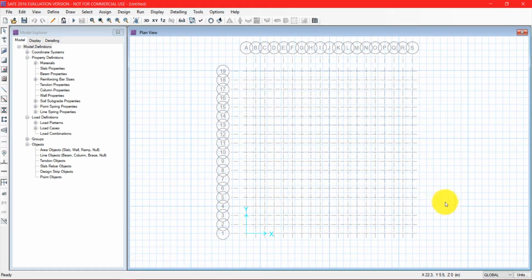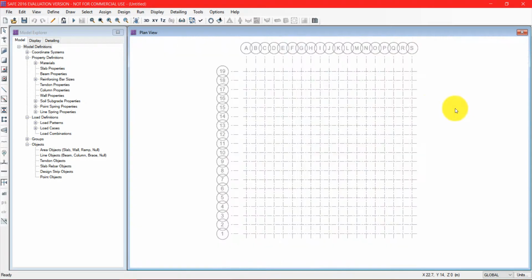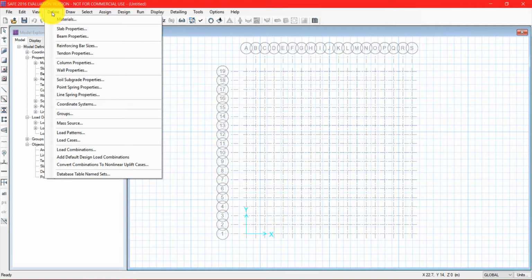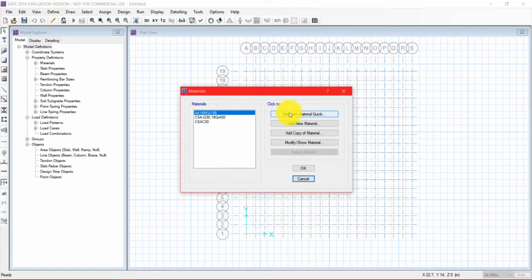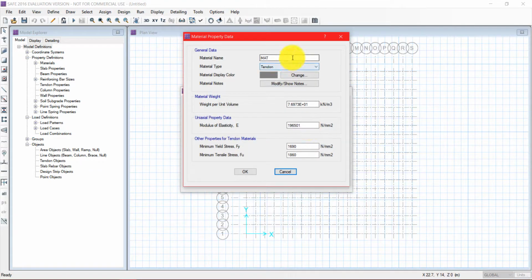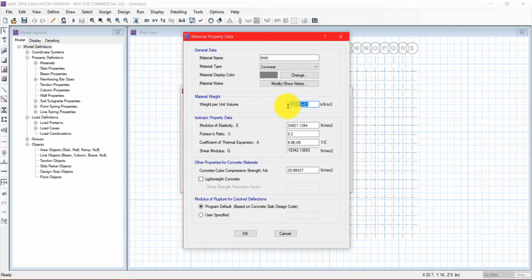Now the grid is defined, and now we'll be defining the materials used for the footing. We'll go to add new material, and in new material we'll define M40 grade concrete. The values for M40 grade concrete can be taken directly from the internet.